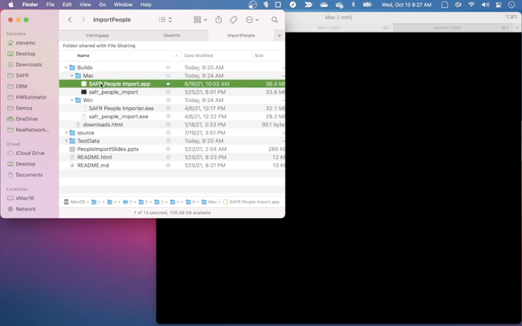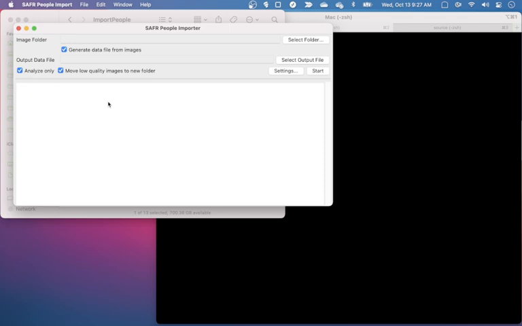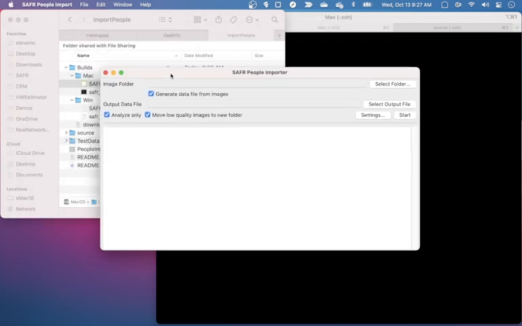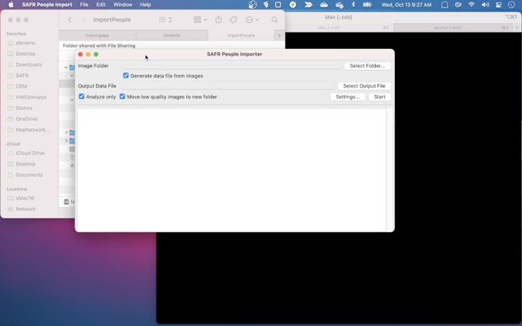So I'll go ahead and launch the GUI version on the Mac, and I'll demonstrate the Windows one in a second as well, just to demonstrate that it runs and what it looks like. So when you run it, in the compiled version, because it's compiled, it's going to load all the libraries, so it takes a little while to load. You may even notice on the very first time you load it, it's going to take even longer than this. When you load it, it's going to allow you some different options. You can set an image folder of where the images are, so I'll select that,